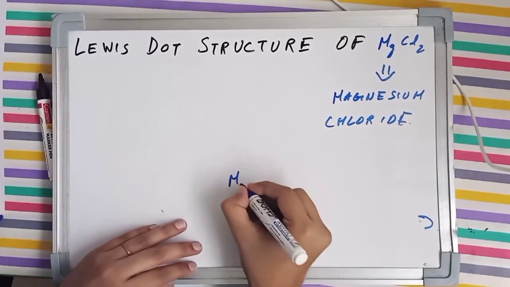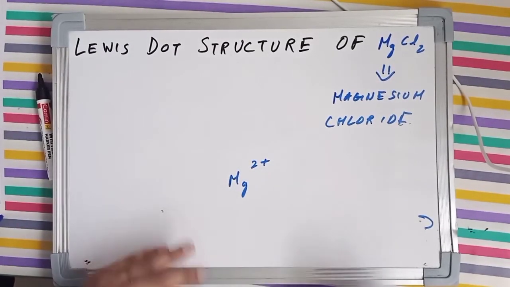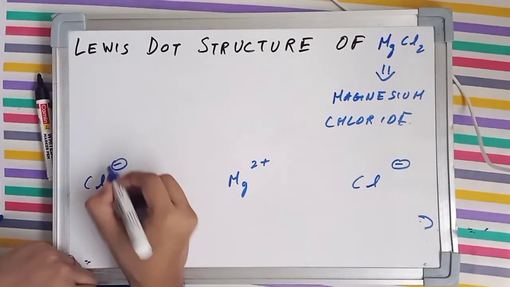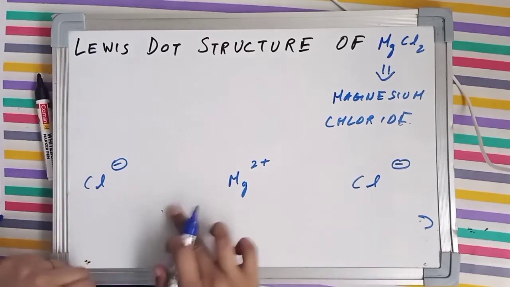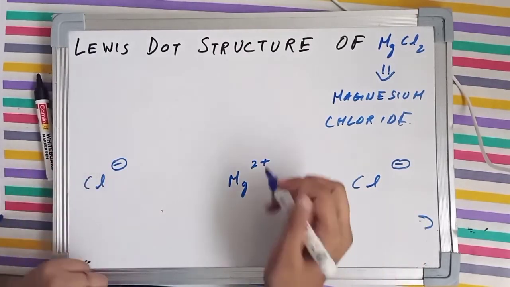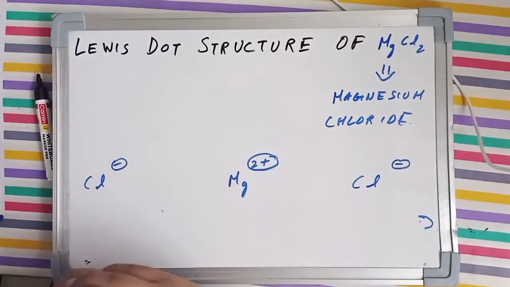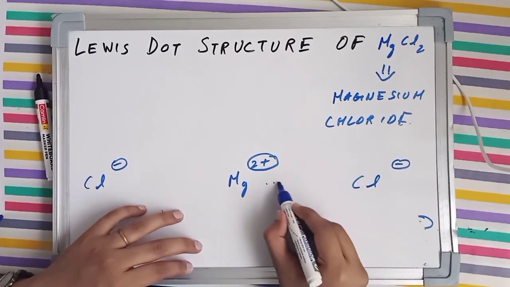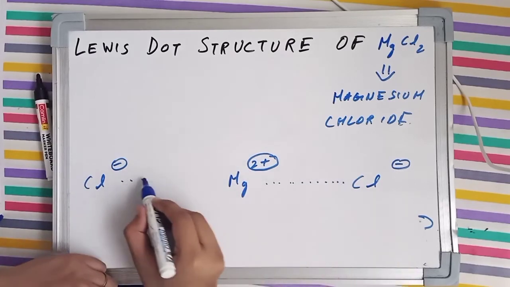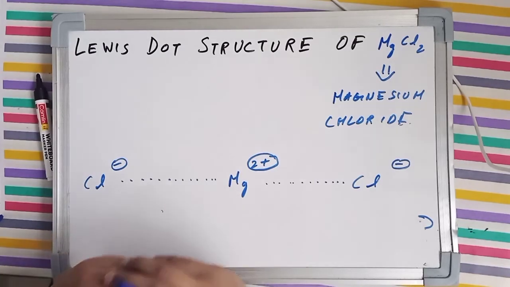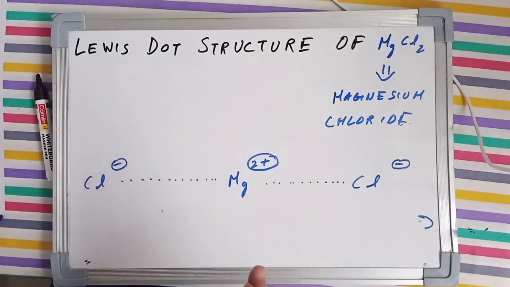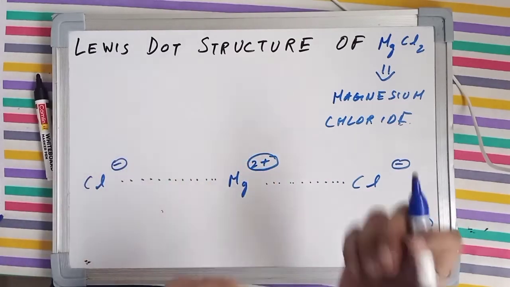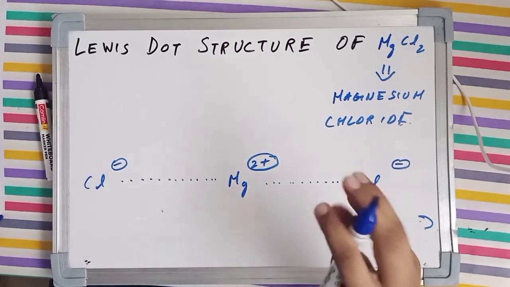So you've got Mg2+ as your central atom and one chloride ion on the left and one on the right, and there is no bond formation. Yeah, you heard me right. There is no bond formation in an ionic compound. It's just an electrostatic force of attraction. So I'm not going to draw lines. Instead, I'm going to draw dotted lines to show that these are not bonds. Instead, these are just electrostatic forces of attraction, by the simple rule that unlike charges attract each other and like charges repel each other. Okay, so this is the structure of MgCl2.